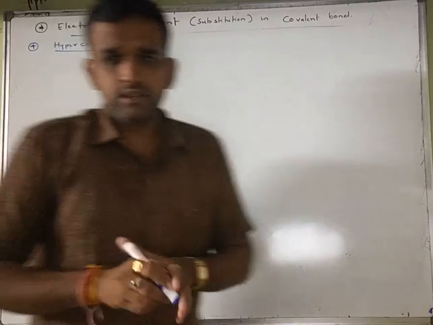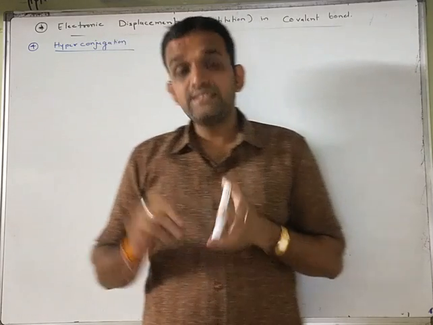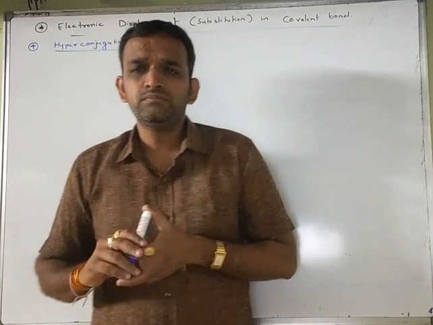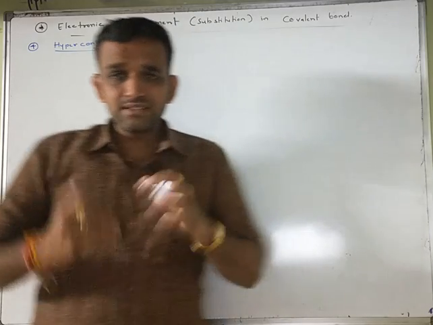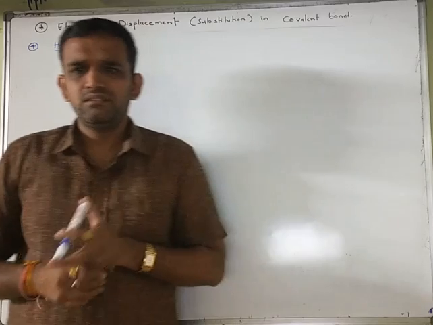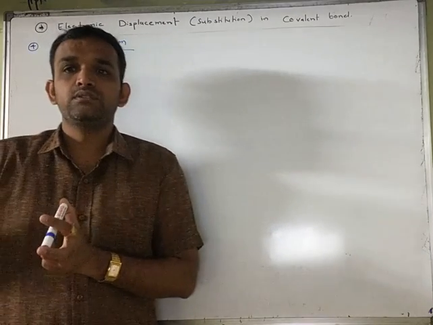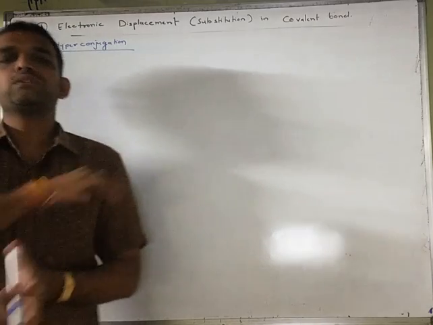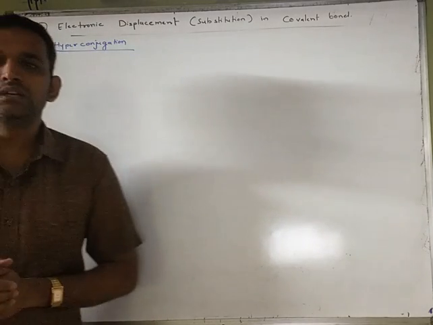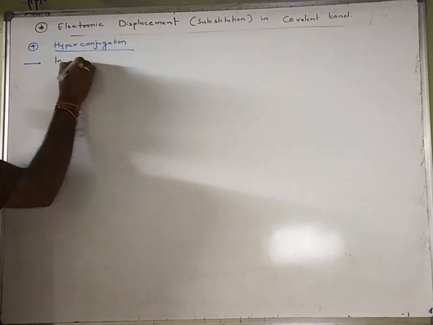Hyperconjugation. In some organic compound, let us suppose when a C dash C single bond is aligned with the C double bond C, or in the benzene ring, the electron pair of the sigma bond between the C dash H single bond is attached towards the double bond, and that is called hyperconjugation. If I want to write this down, then in some organic compound,